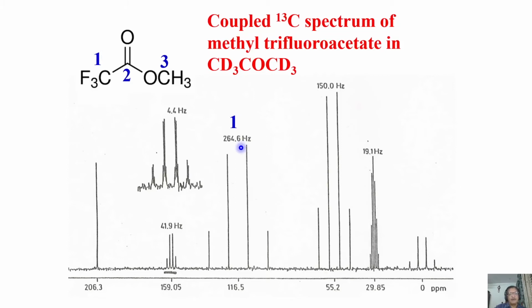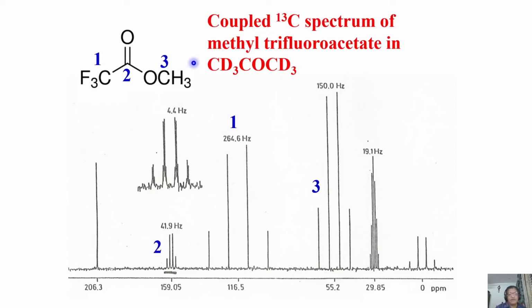Next, what do I have to see? Look for other carbons. What is the next carbon we can see? This one. This is the CH3 carbon. You know why? It is attached to 3 protons and it has to be a quartet. A perfect quartet. And the one-bond CH coupling, we know what the order is. I have already discussed in the previous class the strength of coupling for sp carbon, sp2 carbon and sp3 carbon. So you have some idea. As a consequence, I would say this quartet corresponds to the CH3 protons. No doubt about it.